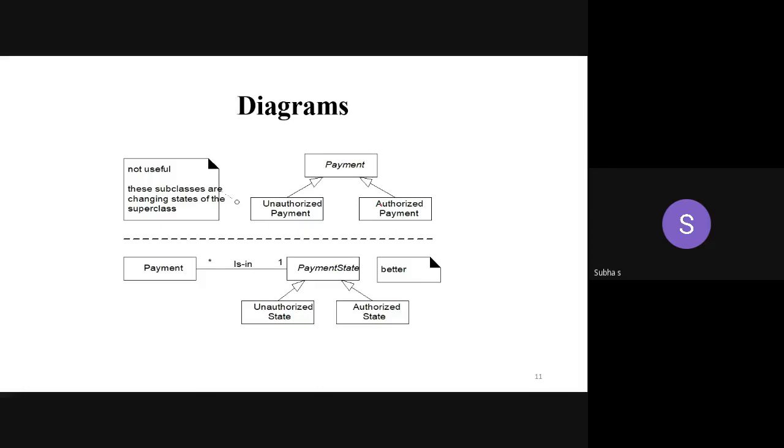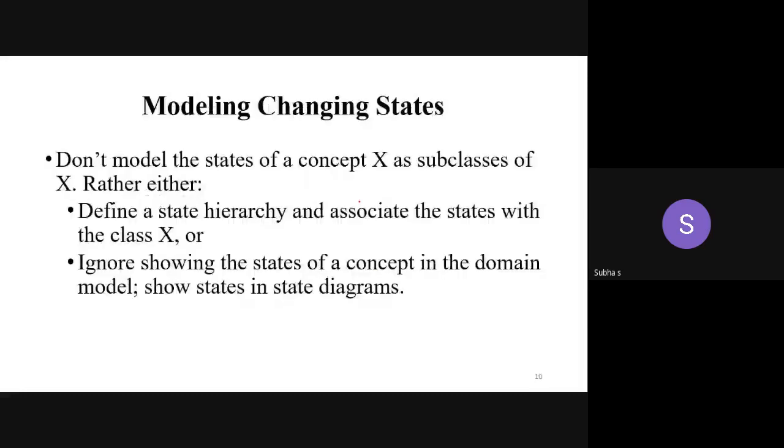Otherwise, it is an unauthorized payment. We can't divide this class in the beginning itself. In the domain model itself, I can't use payment and then make it authorized and unauthorized. It depends on the changing state only.